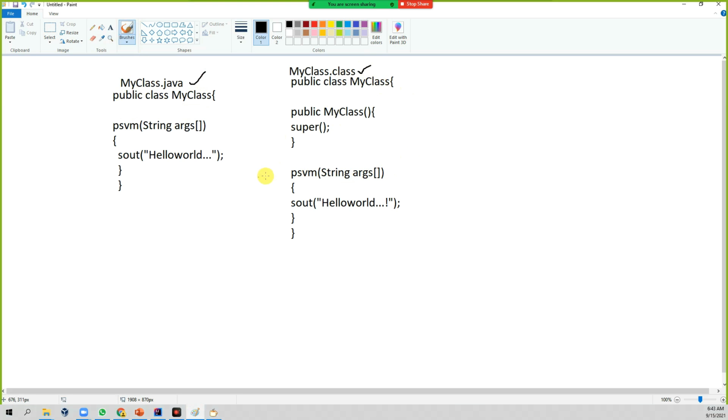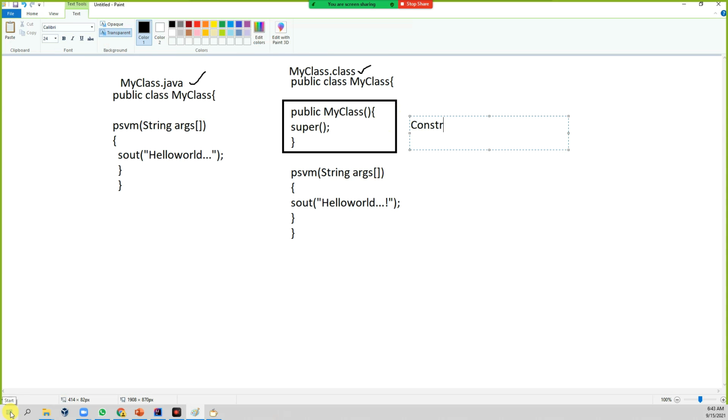If you observe, there are some extra lines of code added. Our Java code has only public static void main, but in the bytecode this piece of code is extra. Who added this? It was added by Java. That means if you are not defining any constructor, this is called a constructor. What kind of constructor is it? It is the default constructor.